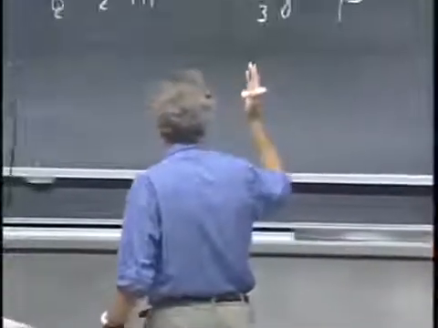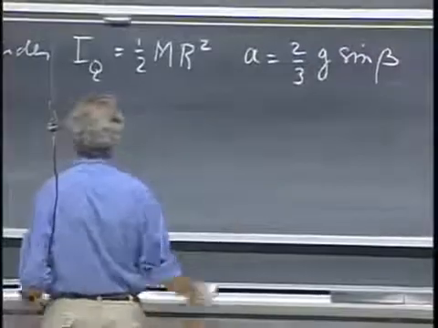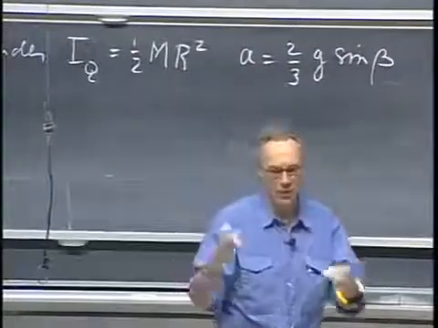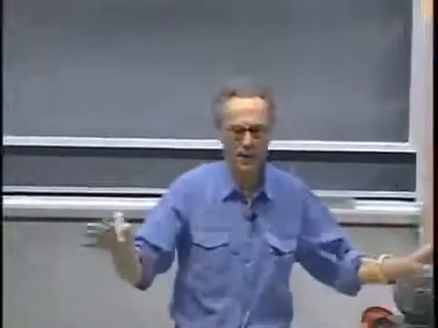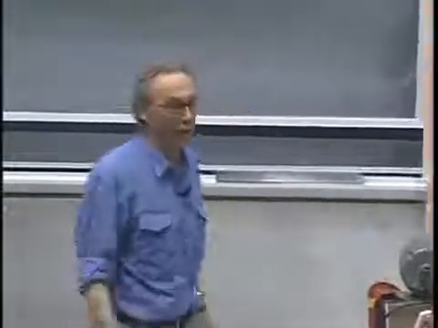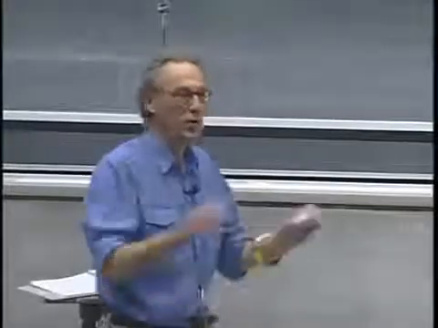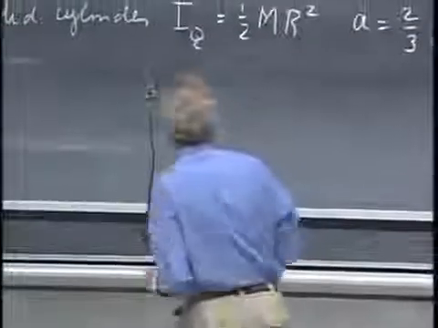Notice that everything disappears. M, R, and L disappear. So those of you who said that if I take two cylinders with the same mass, different radii, there is no winner, there is no loser, you were correct. But even more amazing is that even the mass you can change. You can change anything as long as the two cylinders are solid. That's what matters. So if we take a hollow cylinder,